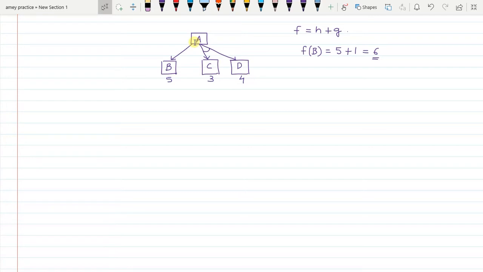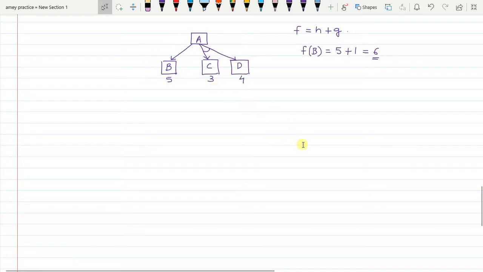We don't consider g of any node as the actual cost incurred in moving from the initial state to the current state. Rather, we consider the actual cost incurred in moving from the immediate parent state to that current state. Now why so? Because in AO star, as the f value is computed for a particular node, this f value is back propagated to its parent, then to its parent, and so on, until the initial state. As a result, when you consider g of n, you don't have to consider the g of n from the initial state to the current state. Rather, you have to consider the g value from its immediate parent to itself.